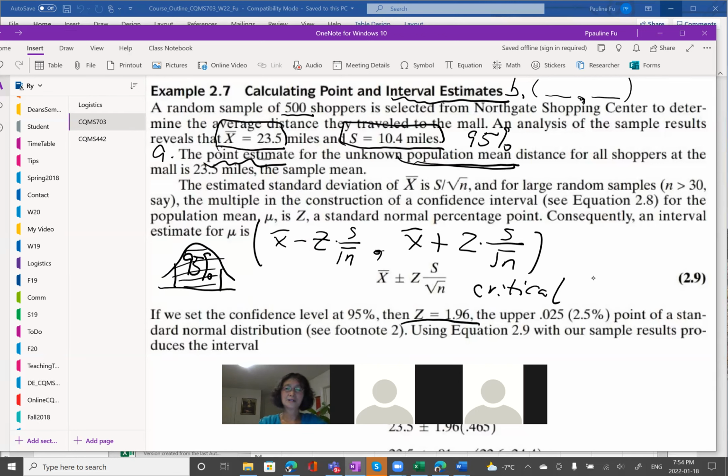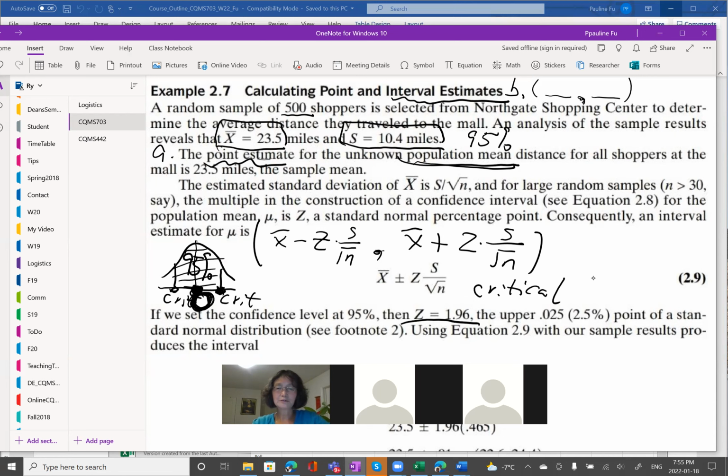The critical value is, what is this point? These points are the critical values. As you can see, I have two critical values. One is positive, the other is negative, because this is a standard normal distribution. When you have a standard normal distribution, the mean is always 0. This middle point is 0. Now you want to find out what this critical value is.